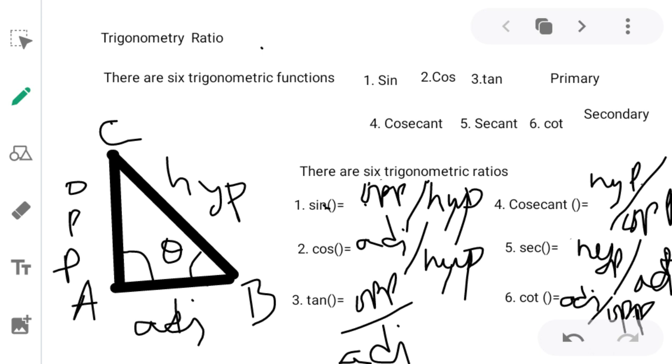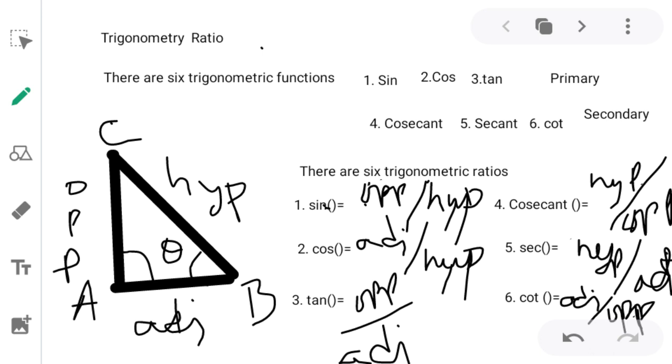When you take some angle theta, if you watch the diagram of the triangle here, the right angle is at A, which is a 90-degree angle. The side opposite to 90 degrees is the hypotenuse. I am taking a reference angle theta at B. It may be any value other than 90 degrees. As we know, the total is 180 degrees, so the remaining angle for B and C together is 90 degrees. It may be 45, 30, 60 like that.